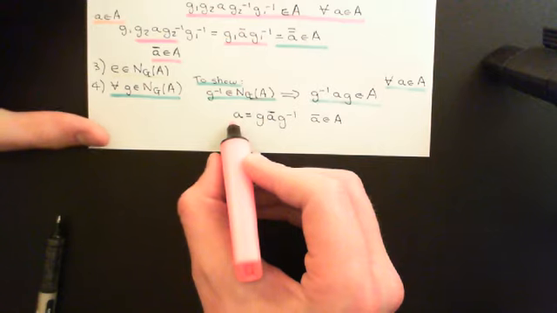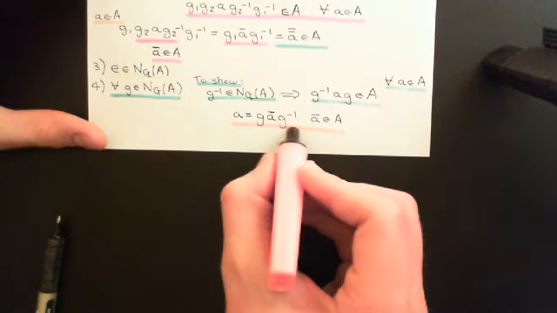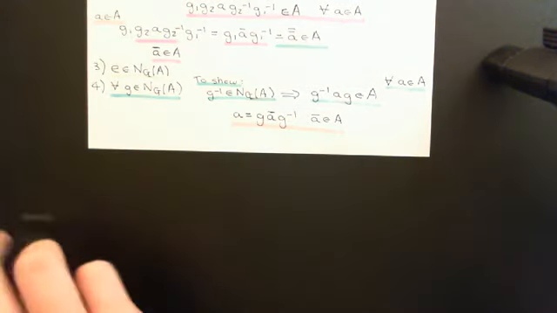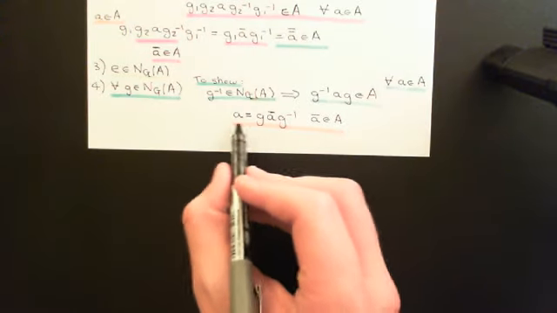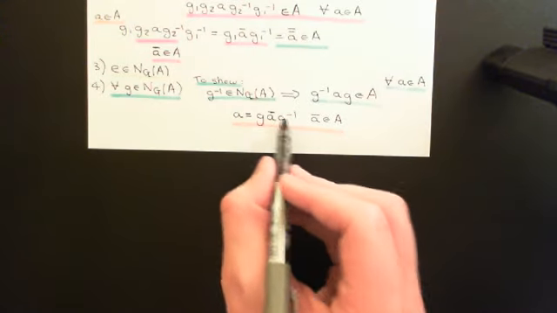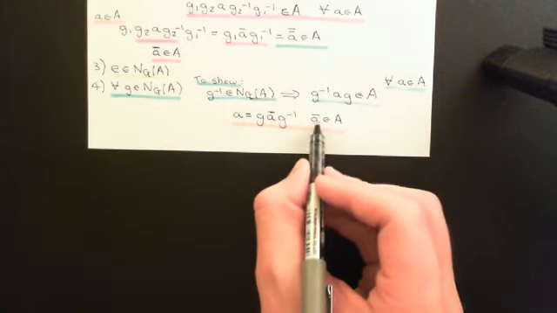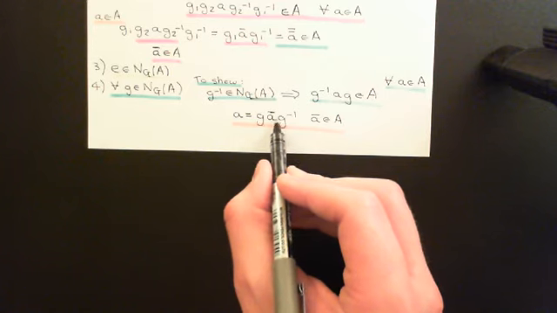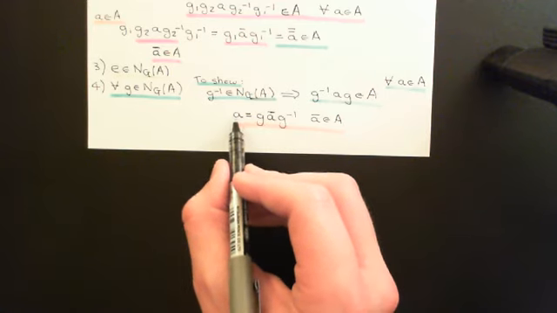If I could write little a in this form, where I'm conjugating some other element of this set capital A, which I'm calling little a bar, by the element little g, to get little a,